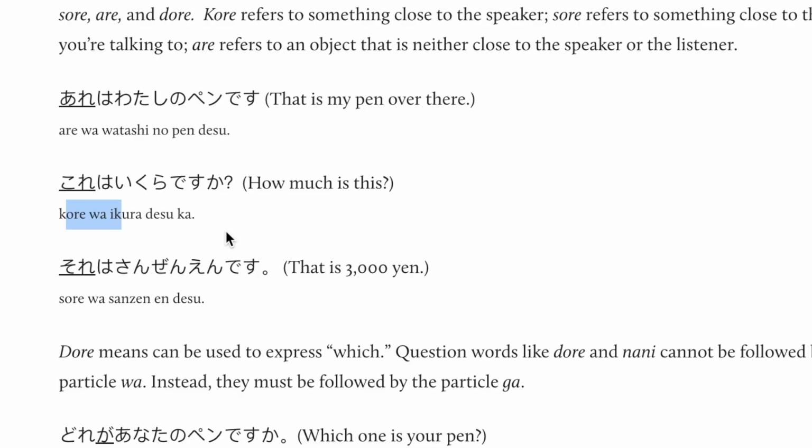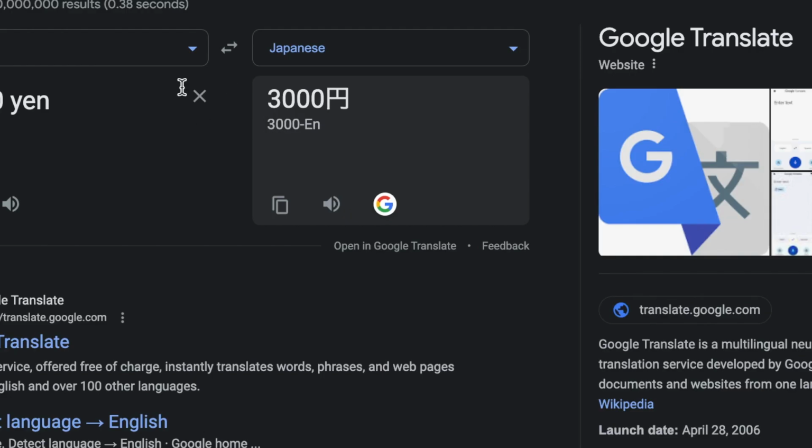So, それは3000円です。どれ? Okay, which one is your pen? あれは私のペンです。